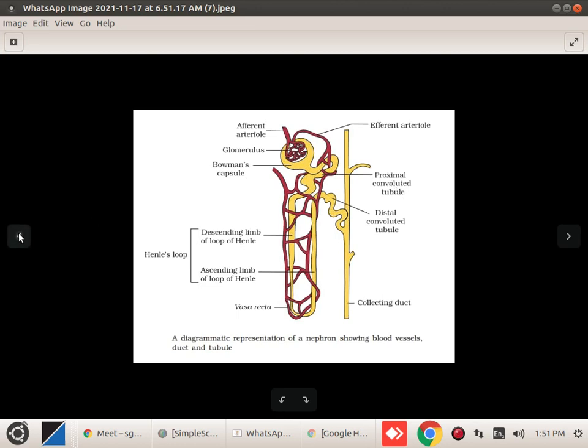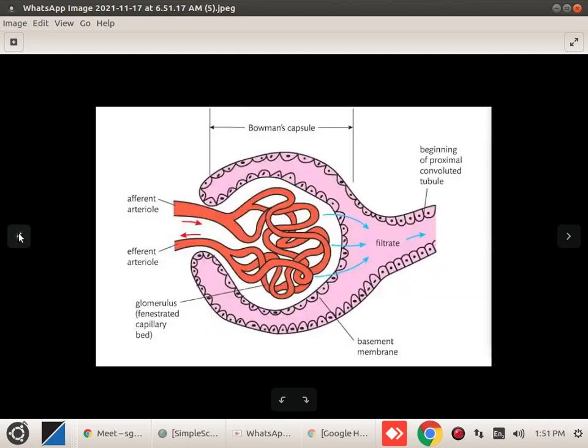So let us come back to that PPT where you can see this particular part. See, when we are talking about afferent, it means incoming, right? Incoming is a little bit wider. Then inside this Bowman's capsule it forms a glomerular structure, a complete glomerulus like structure. Then it comes out as the efferent arteriole. Then what I said, narrowness of the efferent arteriole. So this narrowness of the efferent arteriole actually leads to the ultrafiltration process.